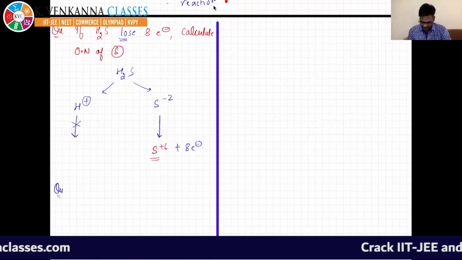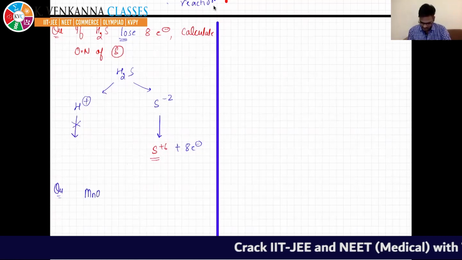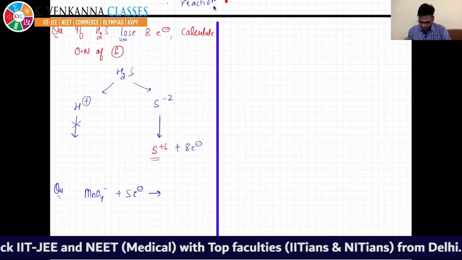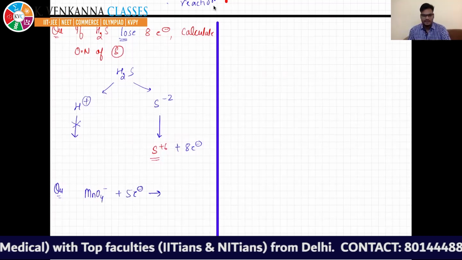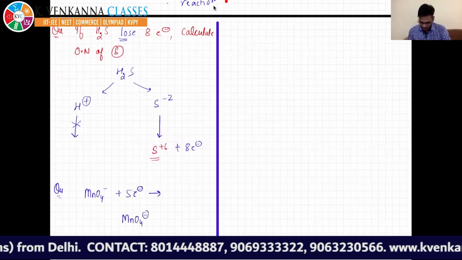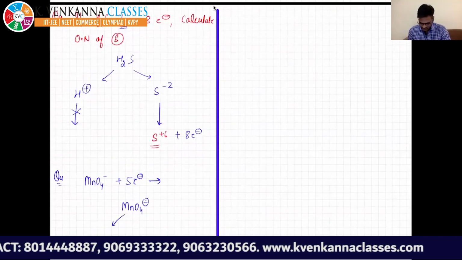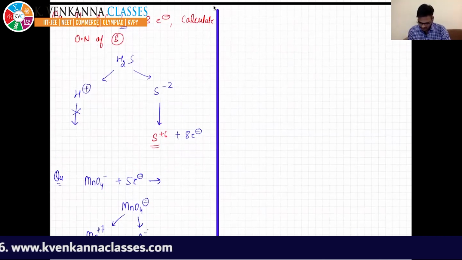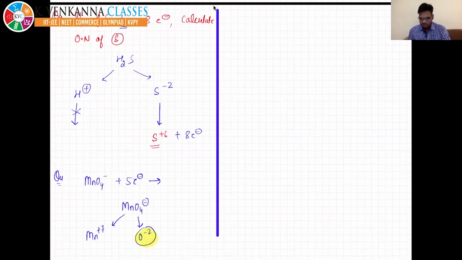If it is given KMnO4 or MnO4 minus, and it gives 5 electrons, and asks the oxidation number of manganese. So see again, MnO4 minus, just check it. In this case, Mn is present in +7 and oxygen is already present in -2. So it cannot gain any electron. So electron must be gained by Mn +7.